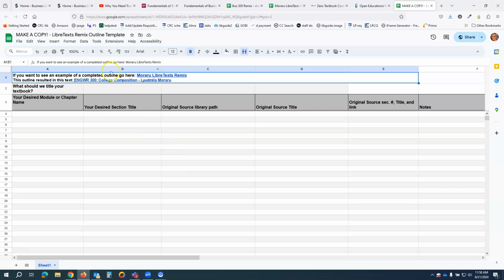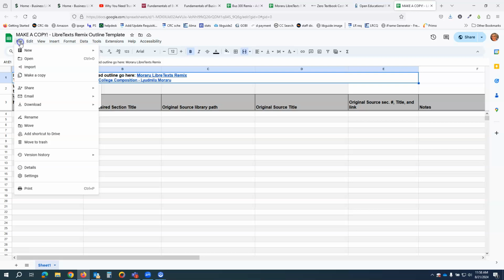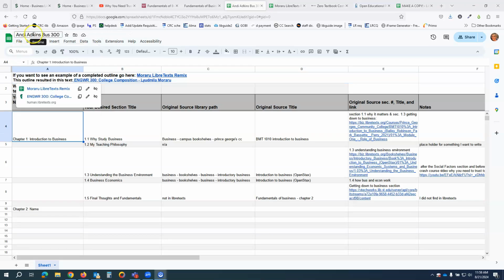Your first step is that you're going to open up the template and make your own copy. So File, Make a Copy, then name that copy your name and the class for which you're building the remix. At the top of the template, there is an example of a completed outline and the textbook that we built